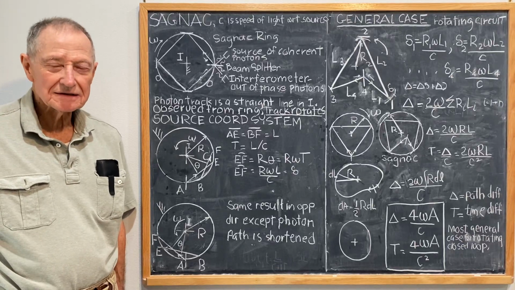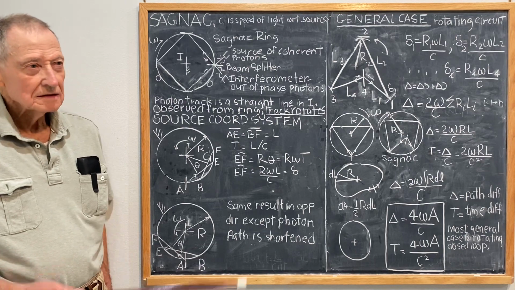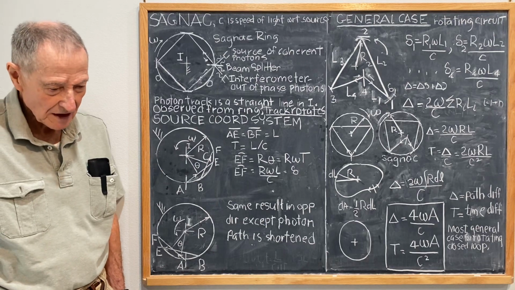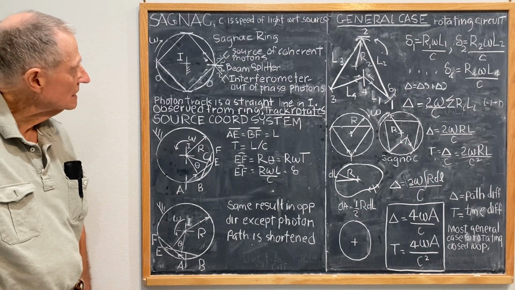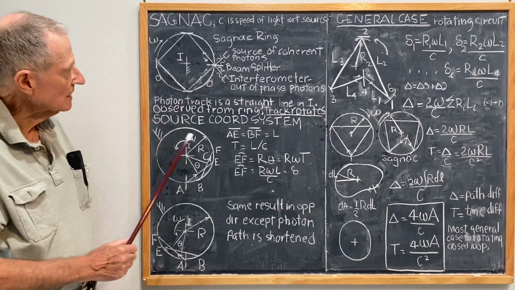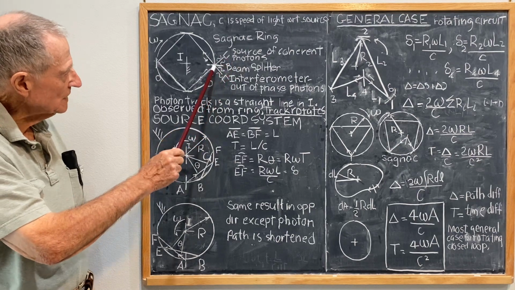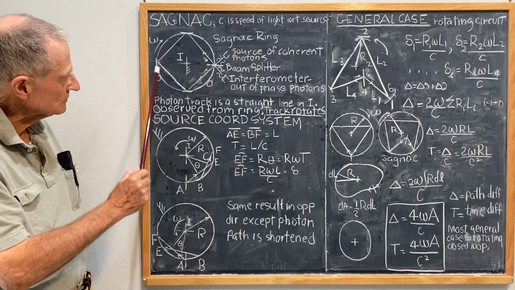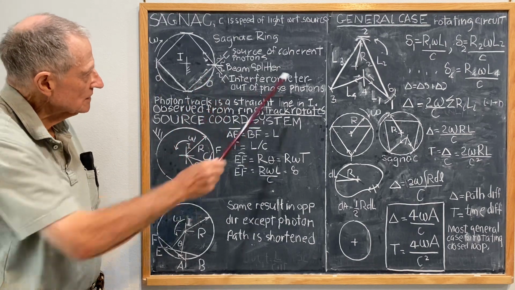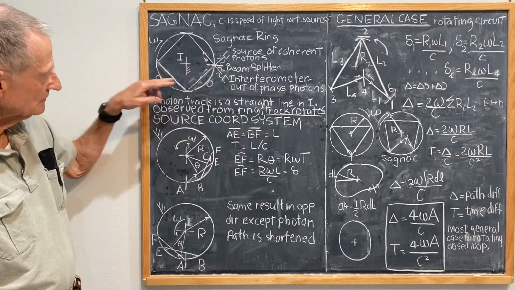I'm going to calculate the Sagnac effect, assuming that the speed of light is c with respect to the source. A representative Sagnac ring consists of mirrors and a source of photons. This is the source of photons. There's a beam splitter which sends the photons in opposite directions and collects them again into a single direction, leading them to an interferometer, with the photons out of phase by the time they get around in different directions